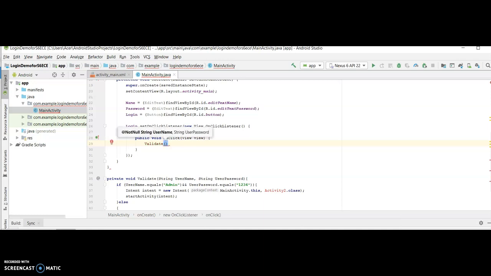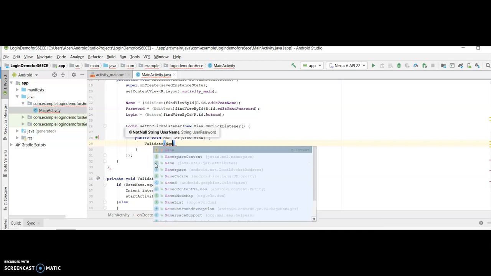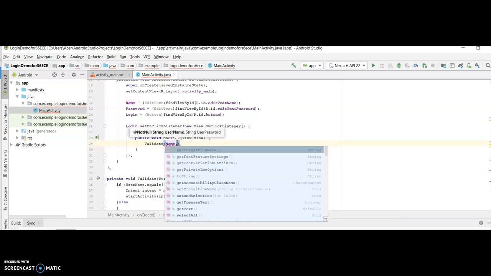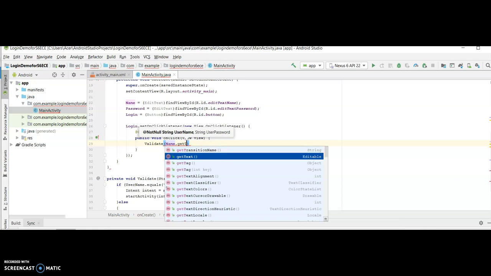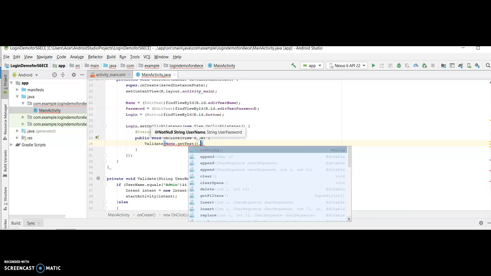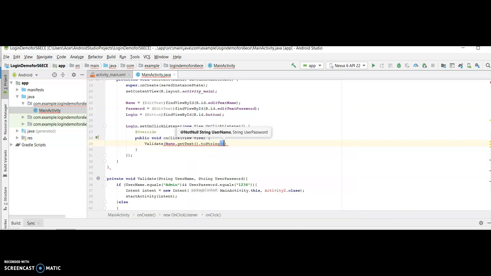Okay, now we need to give the arguments, and when we give the arguments, what we need to do is we need to receive the arguments from this particular field that we have defined. So the name field will be receiving the admin text, and we need to convert that text to string. So we get the string using this function, and dot to string we are converting it,